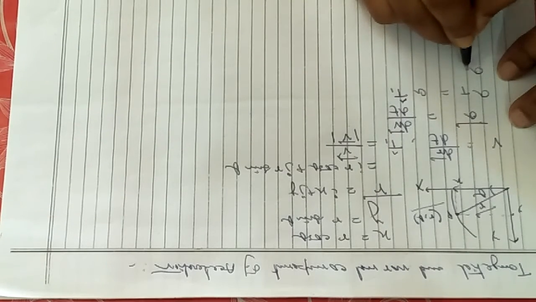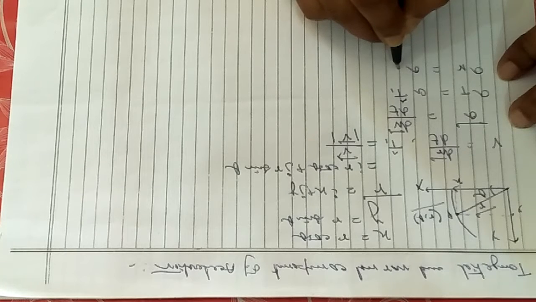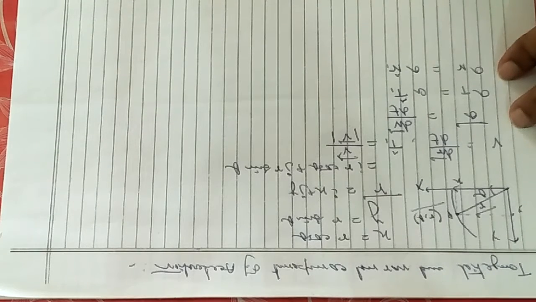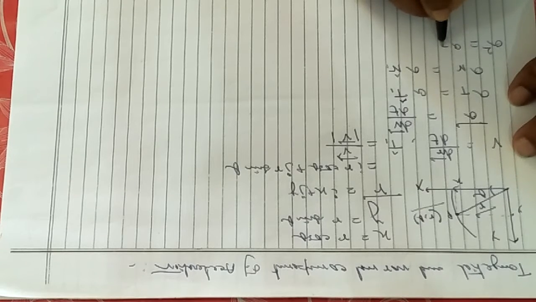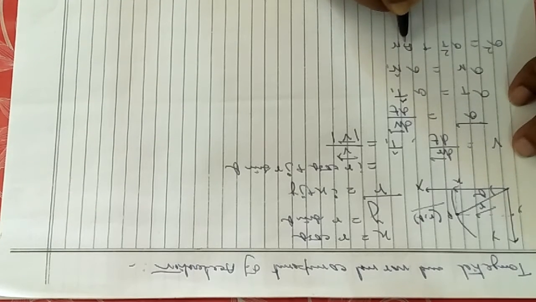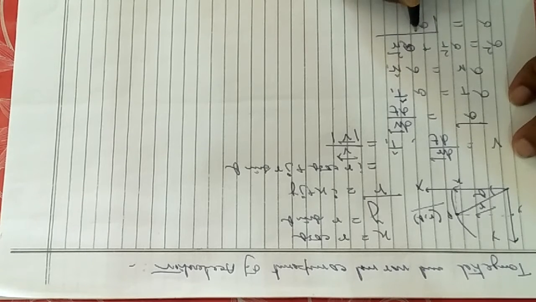So the normal component an will be equal to a into n cap, where you can consider r cap or whatever along the normal direction. You can consider t as the transverse component, and n as the normal component. So the actual total acceleration a square will be at square plus an square. So acceleration can be written as the root of at square plus an square, like this.